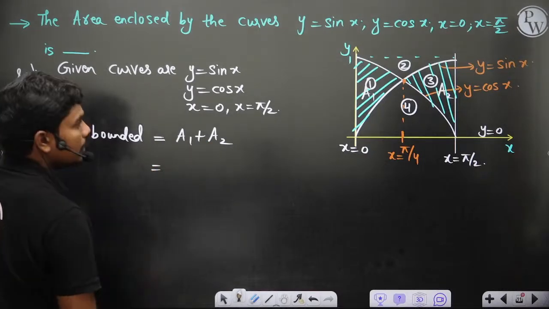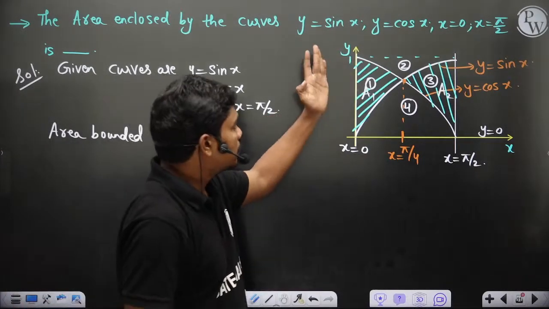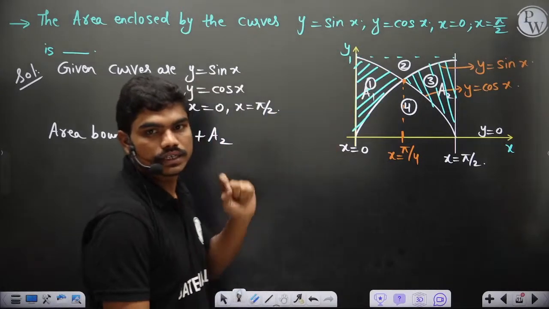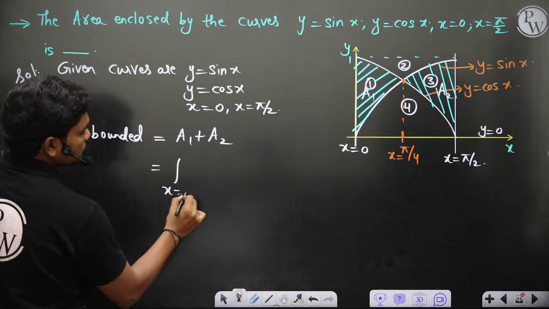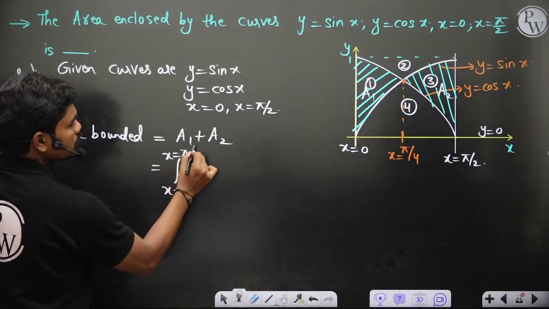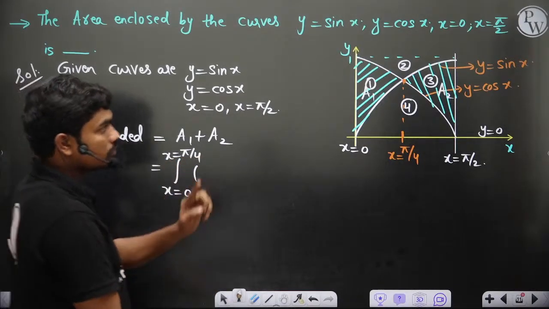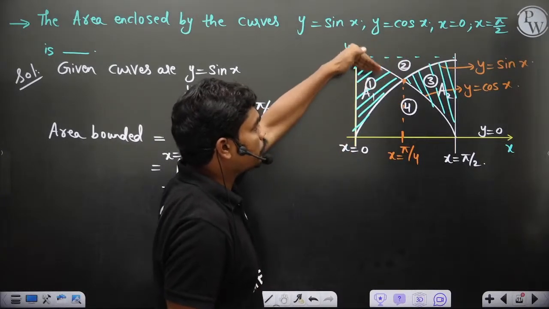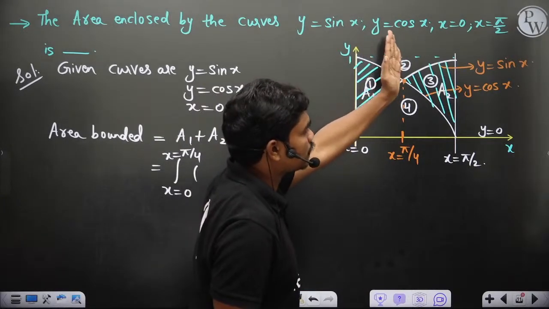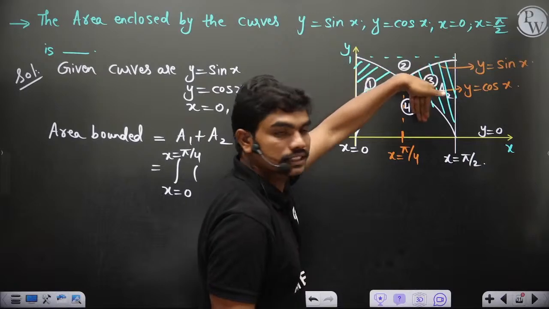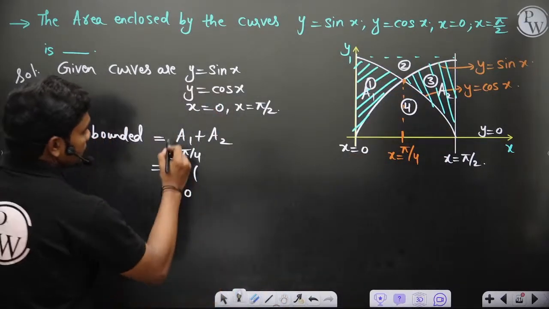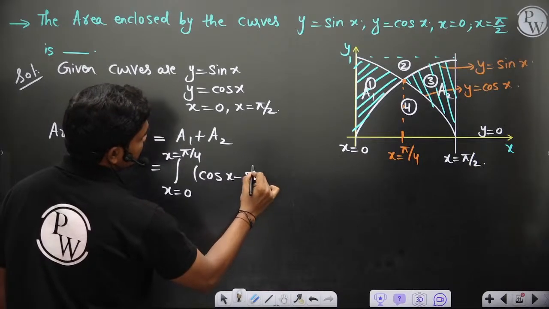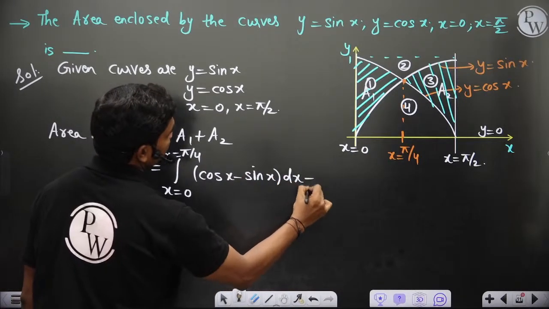Now let's see, in A1, within this region, the upper curve is y equal to cos x and the bottom curve is y equal to sin x. So the integral from x is equal to 0 to x is equal to pi by 4. Why am I splitting at pi by 4? Because at pi by 4 those two cross each other. So till this point cos x is on the top and sin x is on the bottom, but once it crosses pi by 4, sin x goes up and cos x starts falling down. So that's why 0 to pi by 4 cos x minus sin x dx plus,